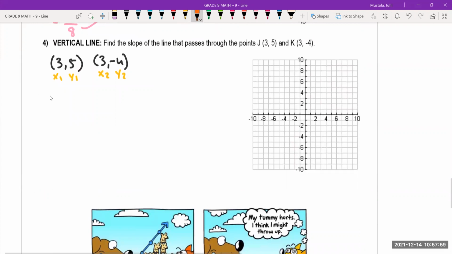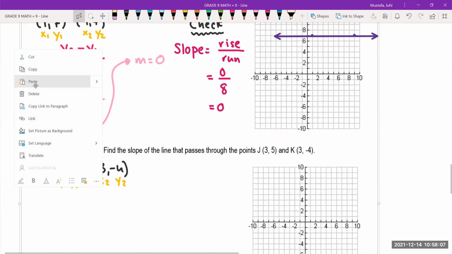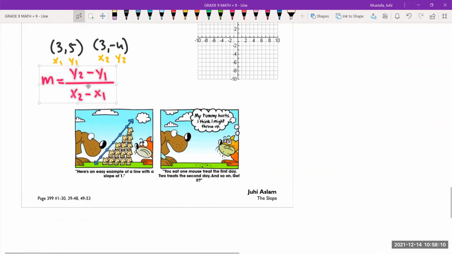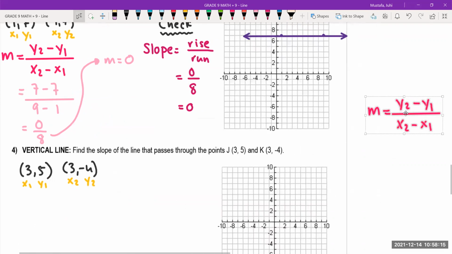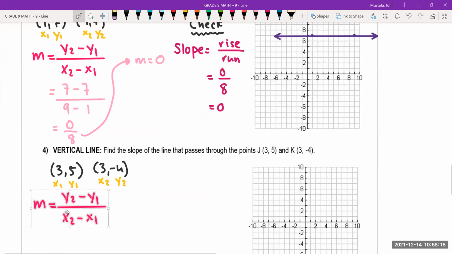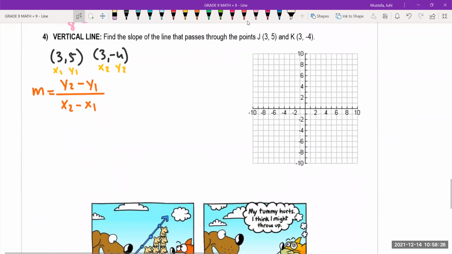The formula is going to be, I'm just going to copy and paste that. Oh, I ruined everything. There we go. Okay, and let's go ahead and start to put our values in. So y2 is going to be, good, minus y1. Excellent. And then x2